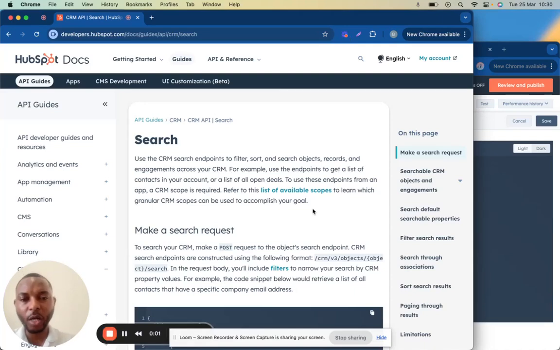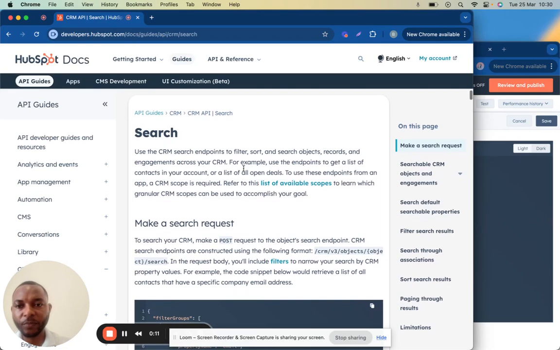Today I'm going to show you how to do a lookup, searching data using the search endpoint in CRM using HubSpot's Operations Hub custom coded action. As you can see, use the CRM search endpoint to filter, sort, and search objects, records, and engagements across your CRM. So for example, use the endpoint to get a list of contacts in your account or a list of